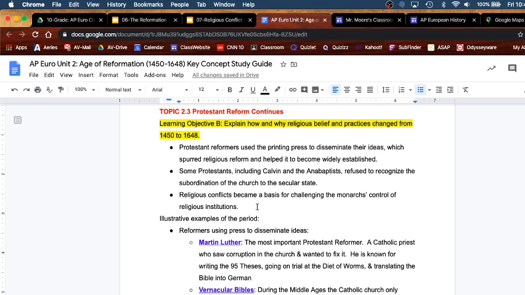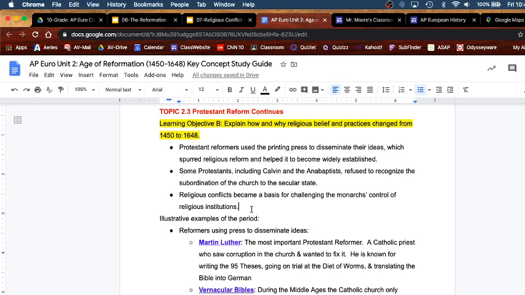So there's always this long-running challenge between church and state, which is why in our country, one of the things I brought up in class was to point out that when the founders of our country are framing the Constitution and writing the Bill of Rights, the very first amendment to the Constitution, the very first in the Bill of Rights, guarantees freedom of religion.